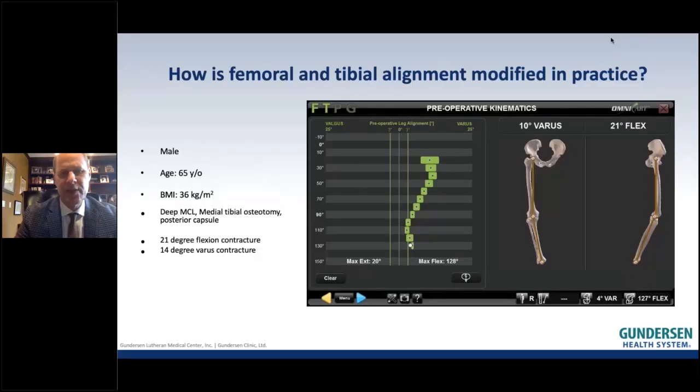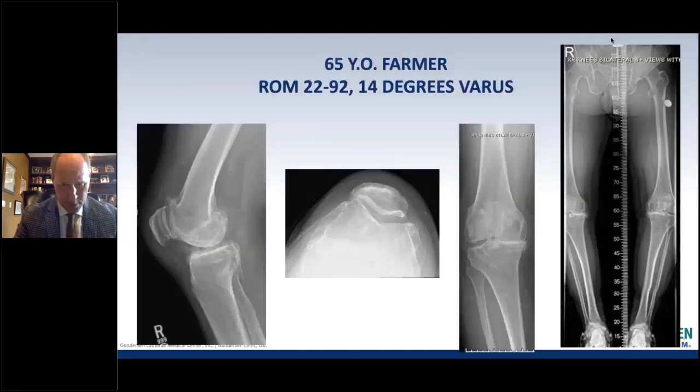This is a 65-year-old farmer with a bad deformity, 21 degree flexion contracture, 14 degree varus contracture. For this patient, I ended up releasing his deep MCL. I took a little bit of bone off the medial tibia, and I released the posterior capsule. And you can see why. You can see he has, off the X-ray, varus, really profound bowing, patellofemoral arthritis, some wearing away of the